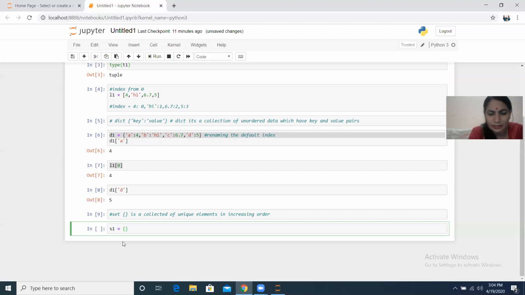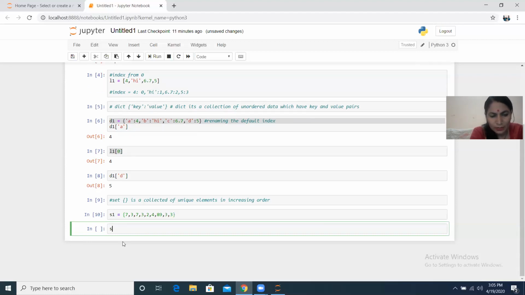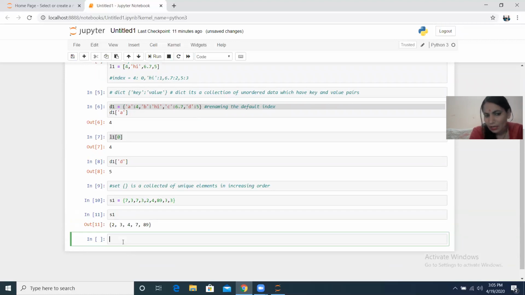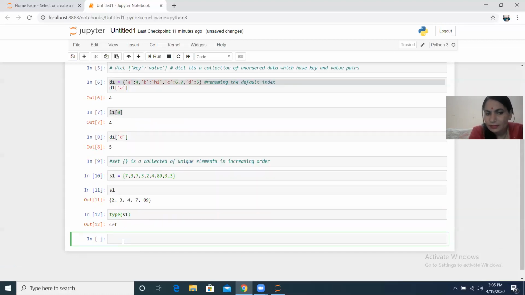So let me create a set like this. I'm using the value, and this is the set which I have created. Once I run it, shift enter is the shortcut key to run it, and you call S1, you see that it is sorted and with the unique elements only, no duplicacy. And if you check the type of S1, that's a set.